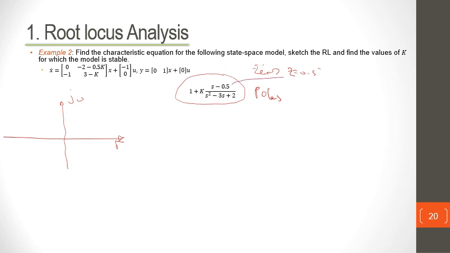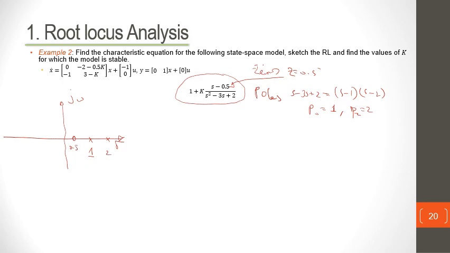So the zero will be around here, 0.5. For the poles we have S squared minus 3S plus 2, which is equal to S minus 1, S minus 2, which means the poles are P1 at 1 and P2 at 2. So we have a pole here at 1, we have another pole here at 2,